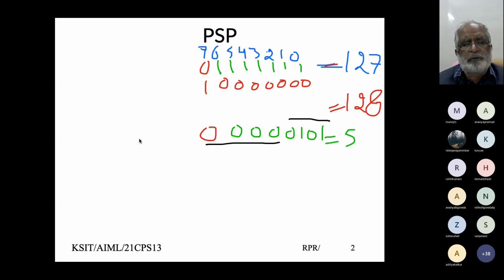Now to convert this number to say -5, we need to make this bit 1. The way system implements it, one way is we can simply take this sign bit and set it as 1 and say this is a negative number. This is one way of looking at it. This makes computations a little complex. So what the system does is, to represent 5, whatever number it has taken,